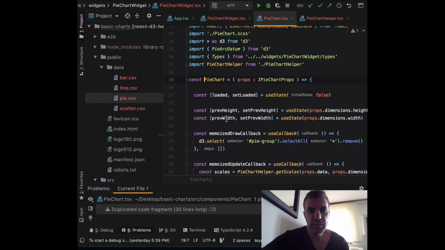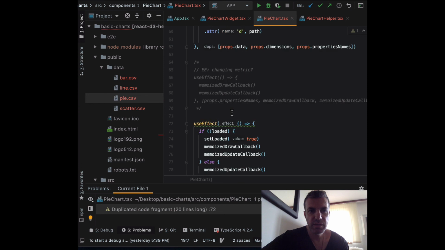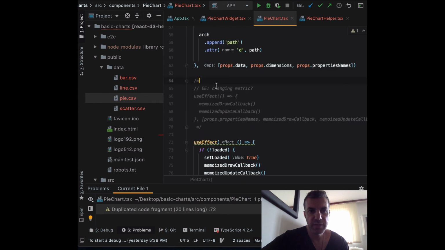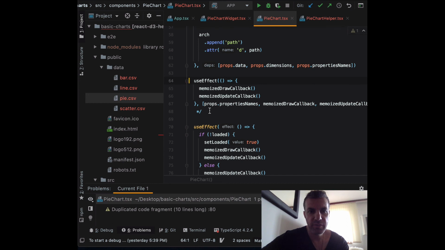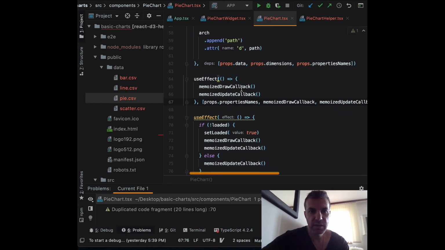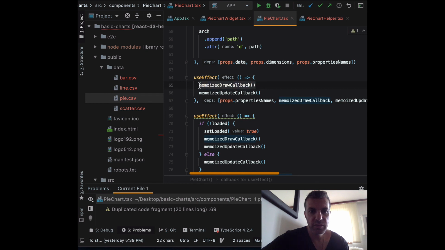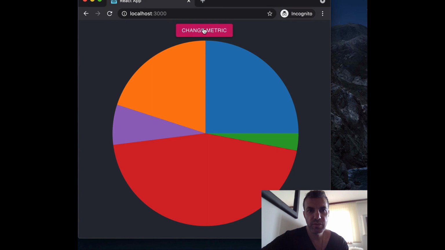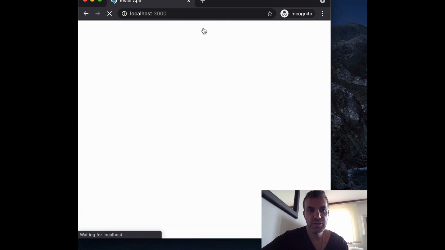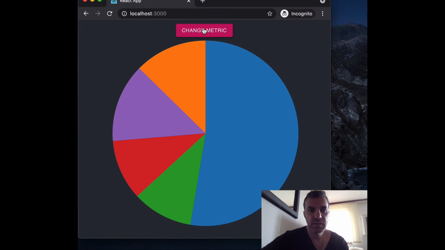So if you go back into the pie chart, you can see that our template left us a hook. Remember I showed it to you? So we have a hook there that we can use to listen to that change of the property names, and if there's a change of the property names, we want to handle it just like how we handle a change of width and height on our chart. So once we uncomment that code, you could see it's making the changes for us because it's changing the metrics,